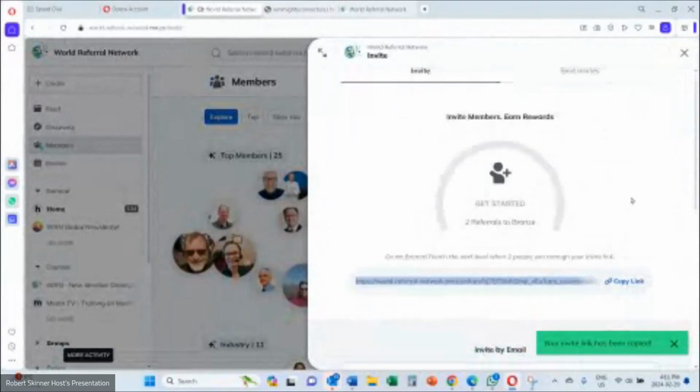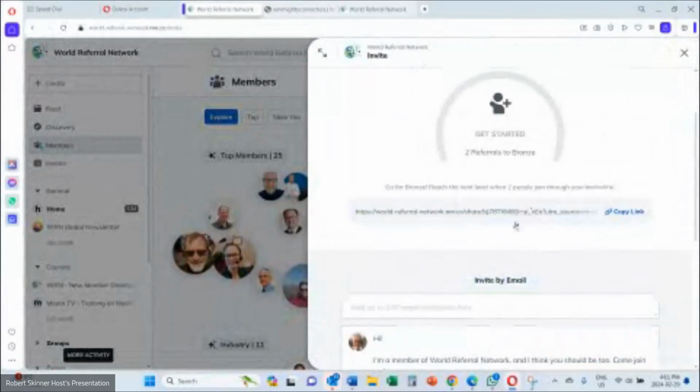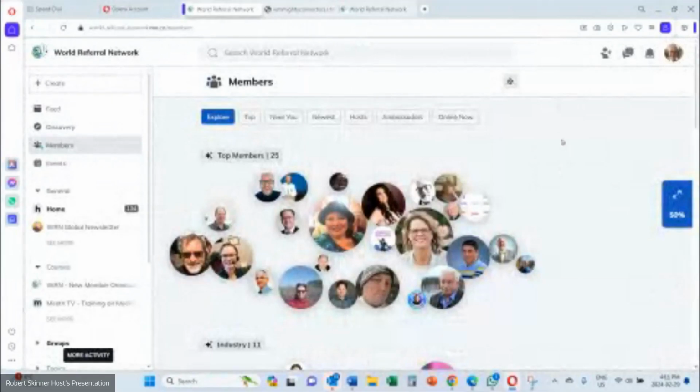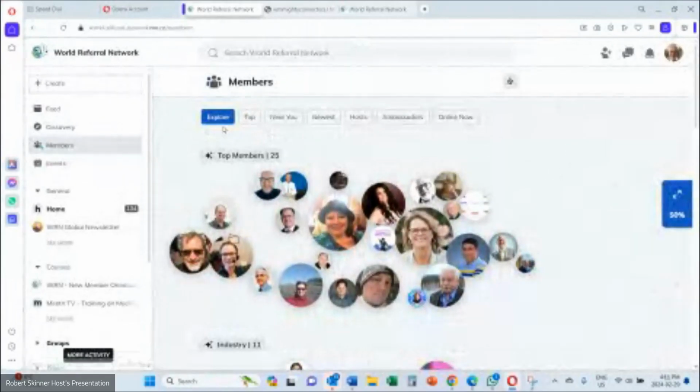And we encourage you to invite people because our platform is commissionable as you get more involved. And you want people to be connected to you, and you can make residual income that way. So if you go over to the members, you can see that along underneath the members in the middle there, you can see